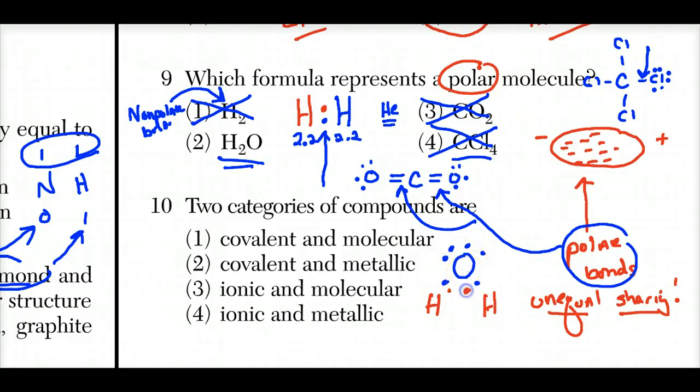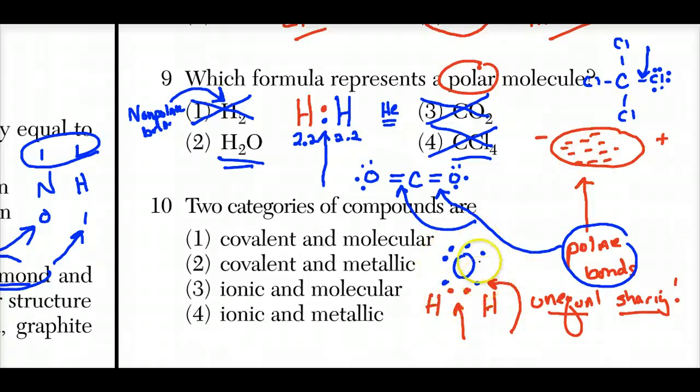Oxygen feels like it has 8 by sharing 2 more. Each hydrogen feels like it has 2, which fills the first energy level, makes it stable. Now, there are 2 polar bonds here, 2 different nonmetals sharing unequally. So this has a shot to be a polar molecule. There is an unequal distribution of electrons, but